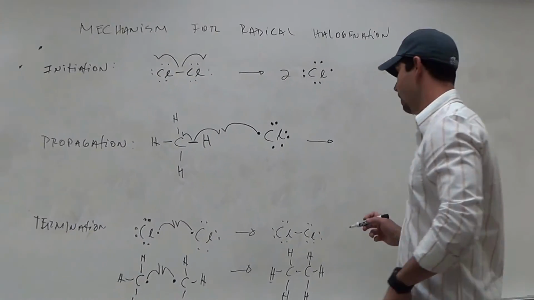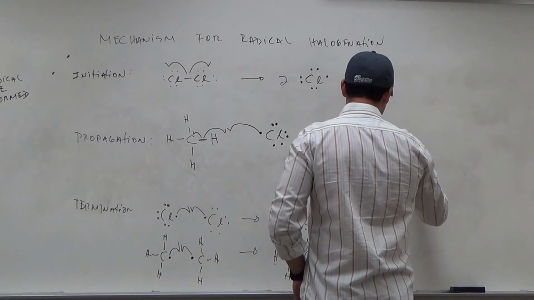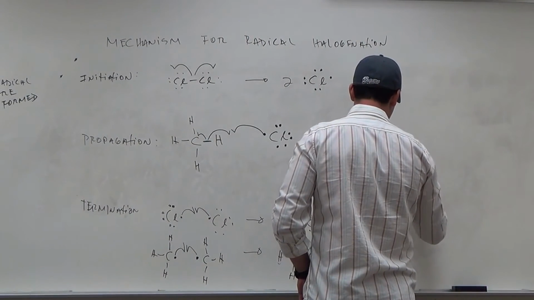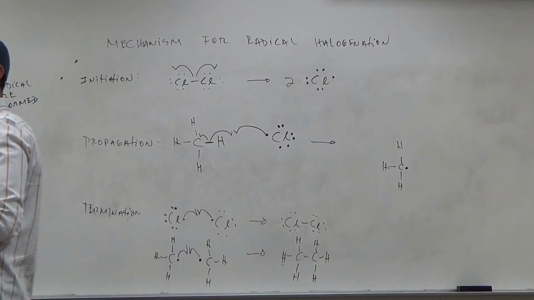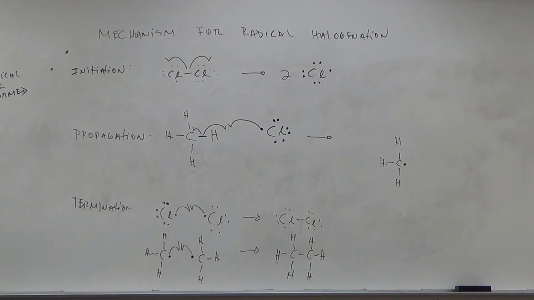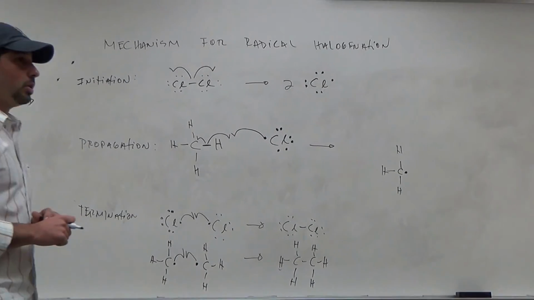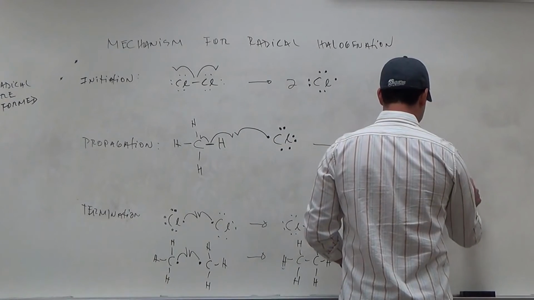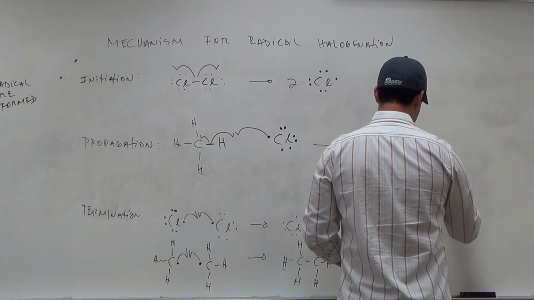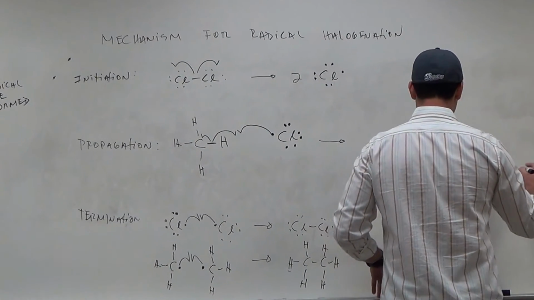What else can I have? I can have another one in which this radical does what? It already combined with another carbon radical. The chlorine combined with another chlorine radical. Now what can combine with the chlorine radical? This carbon is going to combine with this radical. There it is. And this is going to produce